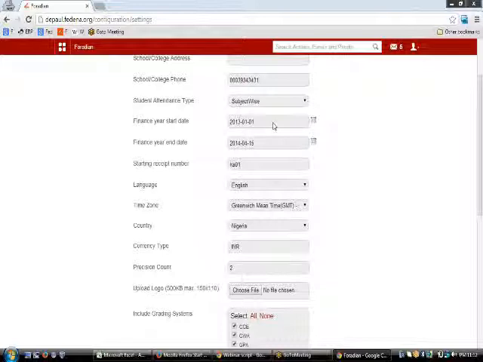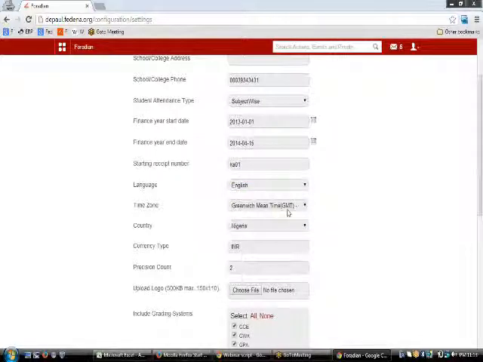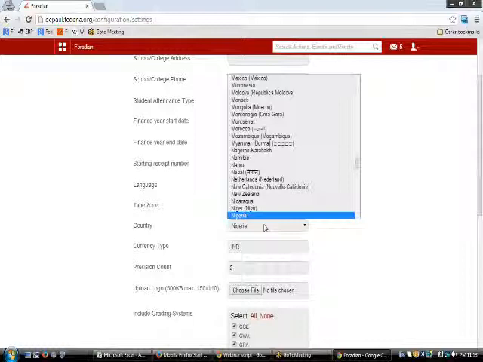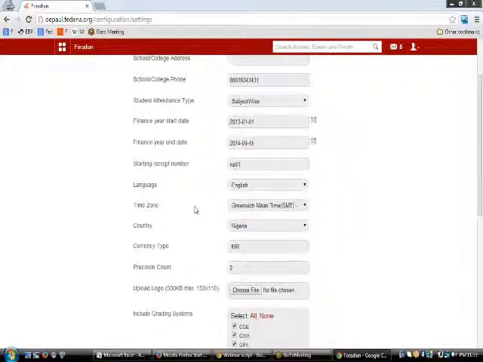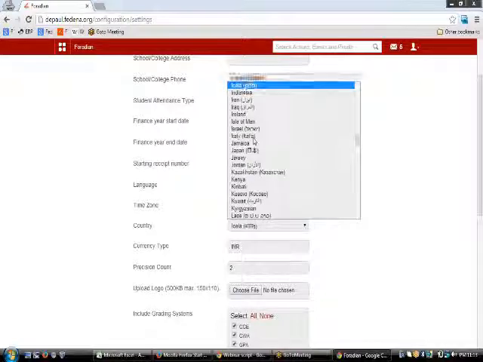The next thing would be to go to this language part and make a selection of your desired language. May it be English, German, or whatever we are in need of. So Fedena comes in all 16 languages like Dutch, Spanish, English, Portuguese, French and so on. So you can even make a choice of all of them. And then the country name. So the country name that you are in is to be entered here. So I would be entering my country name here.